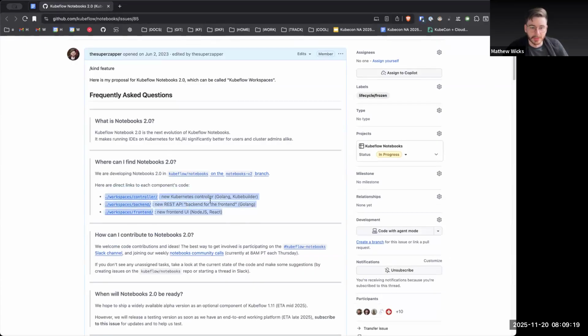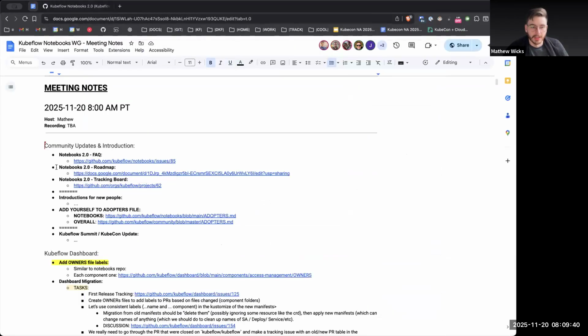There's three major components: the backend controller, and the backend for REST, like a REST API that connects to the Kubernetes cluster, which is what the front end talks to. The backend uses CRDs, obviously, and the controller. So there's that piece as well. And we're always looking for more people, especially on these backend and controller pieces, because it's quite a rare skill set. So that's always great.